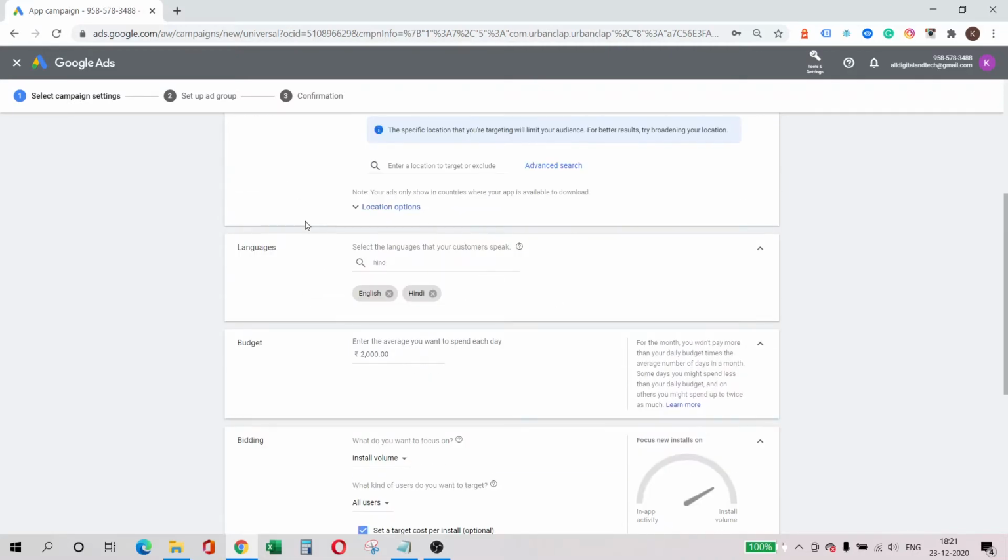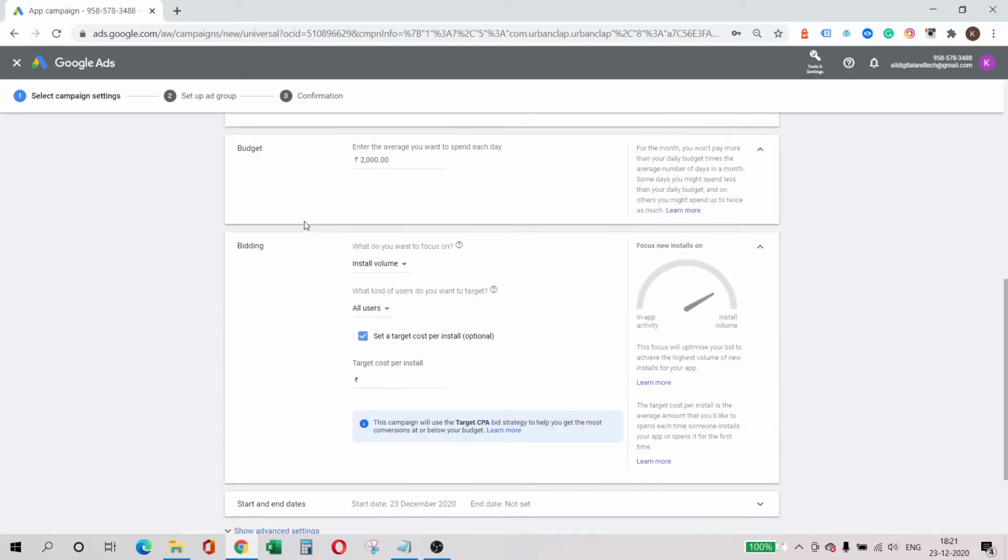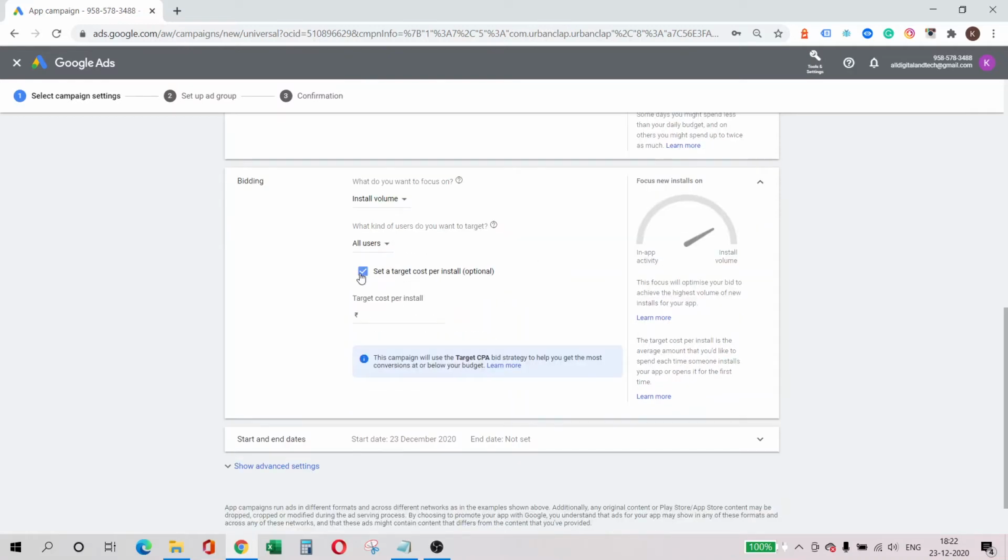In app campaigns, or any paid marketing campaign, the campaign setting is very important. So what is it saying, what do you want to focus on? It's either install volume or an in-app action. Since we have selected app install as our objective, it is showing us install volume. Here, all users.